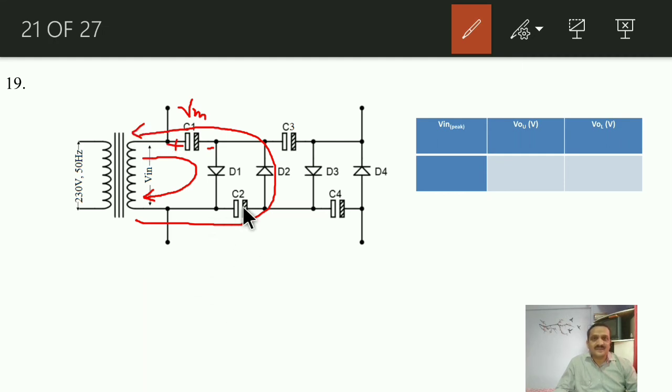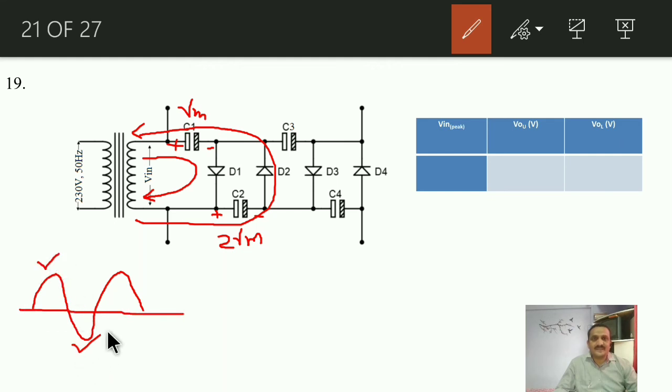Right? Now the potential across this capacitor C2 is equal to the energy stored by Vm plus input, that is Vm plus Vm, so it will be equal to twice of Vm. Okay. Now the current again will not flow through D4 because again it takes the minimum resistive path like this. Now during the second positive half cycle, remember, this circuit is somewhat interesting. During the first positive half, diode D1 will conduct. During the first negative half, diode D2 will conduct.